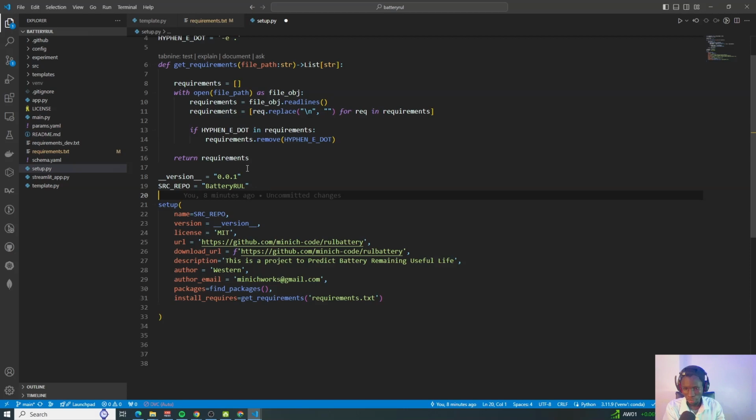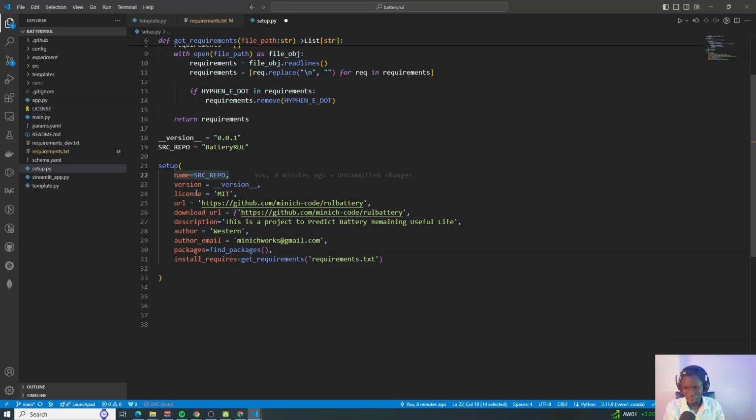So in terms of the version itself, the repository that you're going to call the model, okay. So for example, the name, the version, the license that we are using, the URL for that, then a description for the project. So this is a project to predict the battery remaining useful life in a battery. The author name, so this is just my name. Author email, that's the email. The packages, so find packages, and